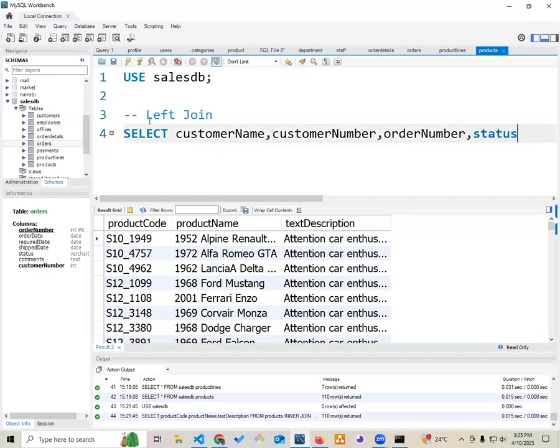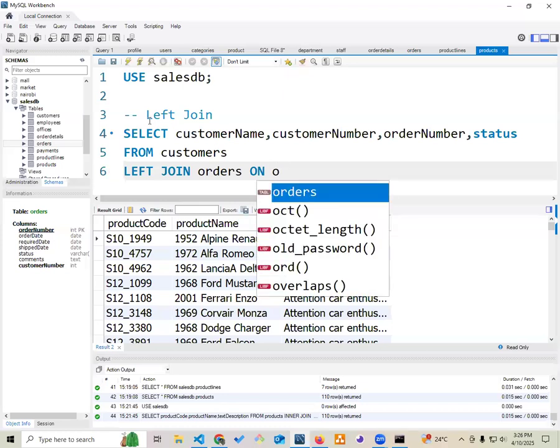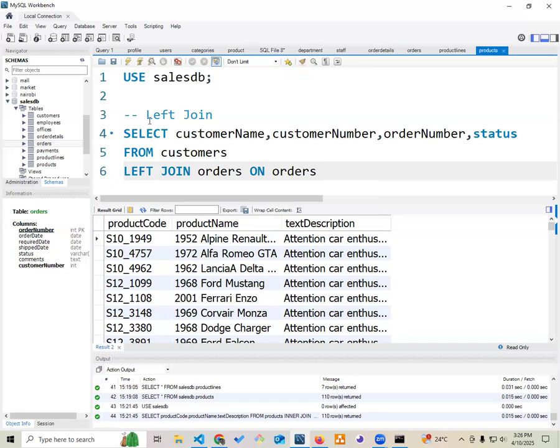I want the status from customers left join orders on orders.customer